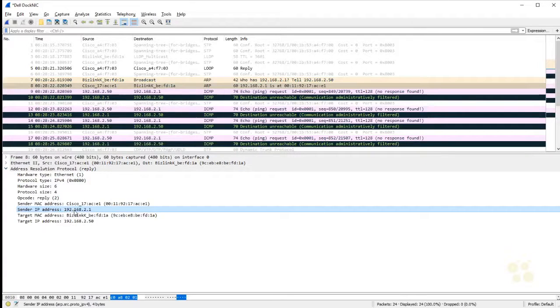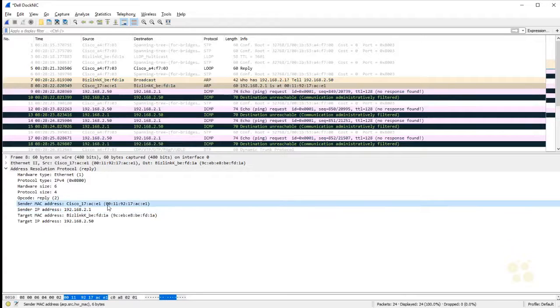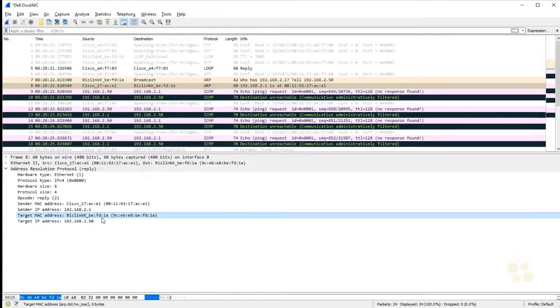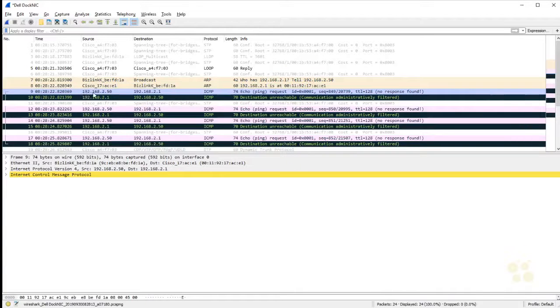I am 192.168.2.1, and this is my MAC address. I'm going to send that right back here. Now let's look a little bit further because we can learn even more. Because once my computer has that MAC address, it goes, okay, great, I'm going to try and communicate. So my computer, 192.168.2.50, sends a message to 192.168.2.1 in ICMP saying, hey, echo, ping, I'm asking, and it's saying